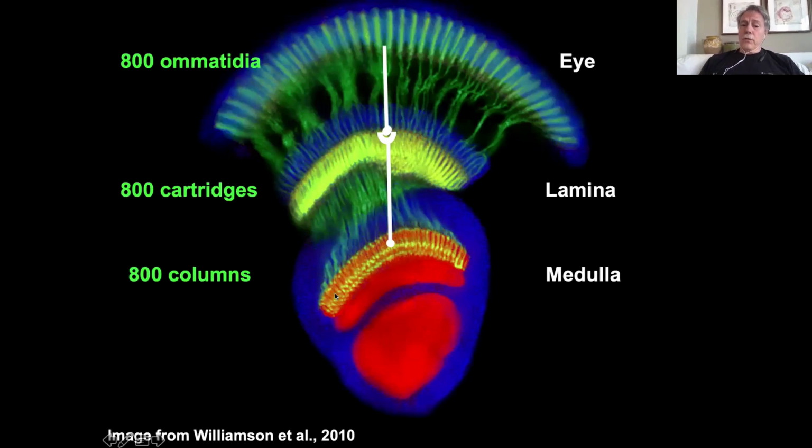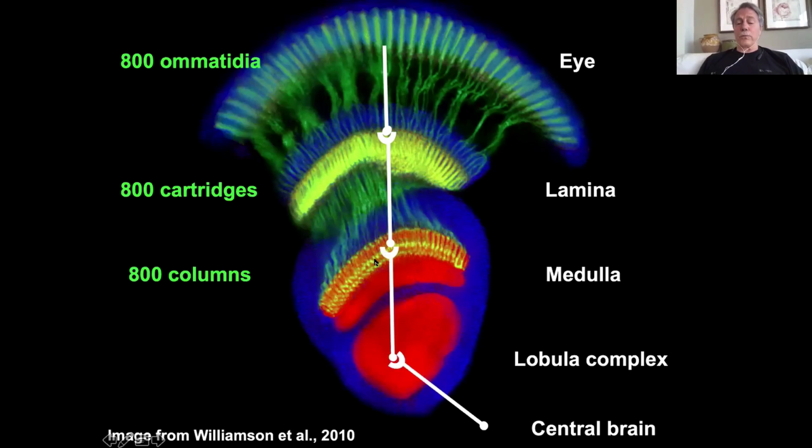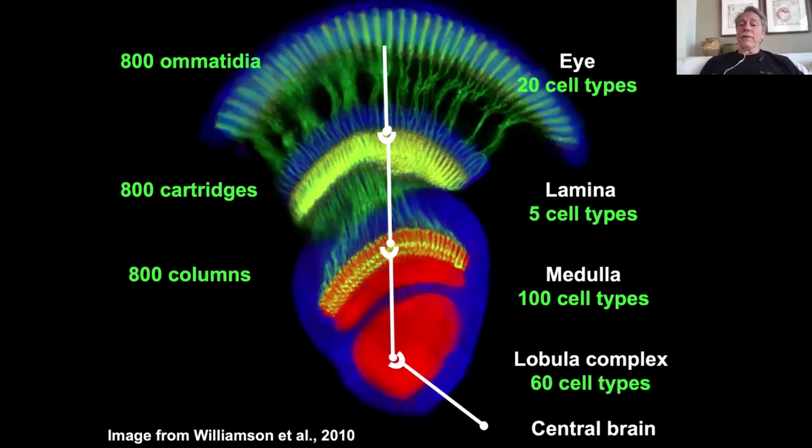Other photoreceptors, which are mostly involved in color vision, project into the medulla part of the optic lobe, again with 800 columns, again maintaining the retinotopy. Then neurons from the lamina project to the medulla to convey information for further processing of the motion system. Then it goes to higher processing centers until it reaches the central brain, where the fly will make a decision to take action in response to the visual stimulus that it got. So this is a fairly complex structure, but still manageable. There are 20 cell types in the eye, mostly photoreceptors and support cells. Then the lamina is a very simple structure with just 5 cell types, and those cell types are just involved in the first process of motion vision.